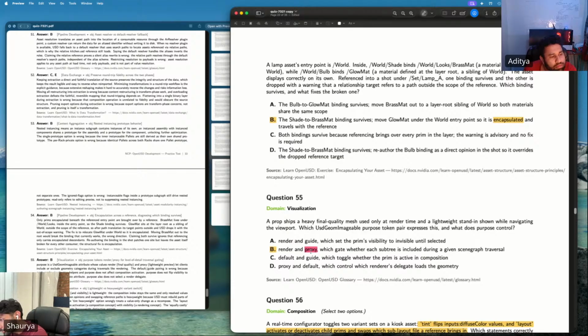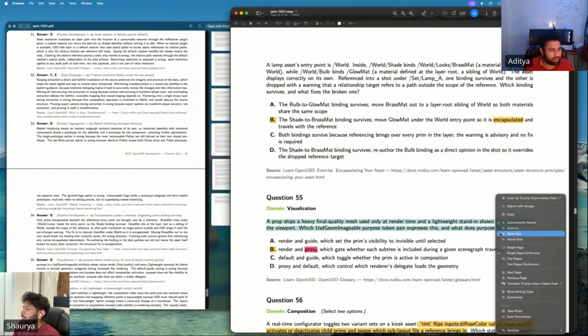So I just need to understand which gate, whether each subtree is included during a given scene graph traversal.